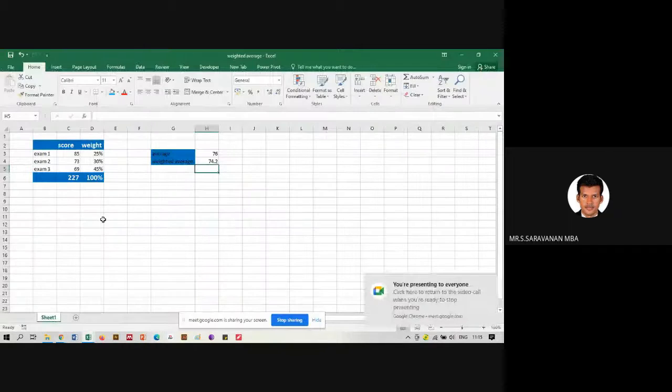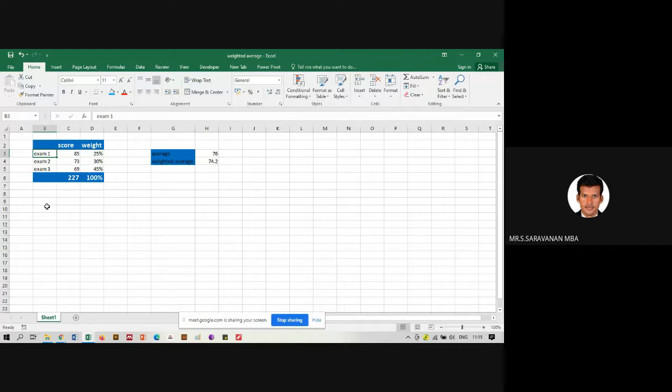Okay, let's go for weighted average. See, this information will be very useful when you put your final marks. For any faculty, there will be internal assessment 1, 2, assignments, seminars, attendance marks, and each has its own weightage.